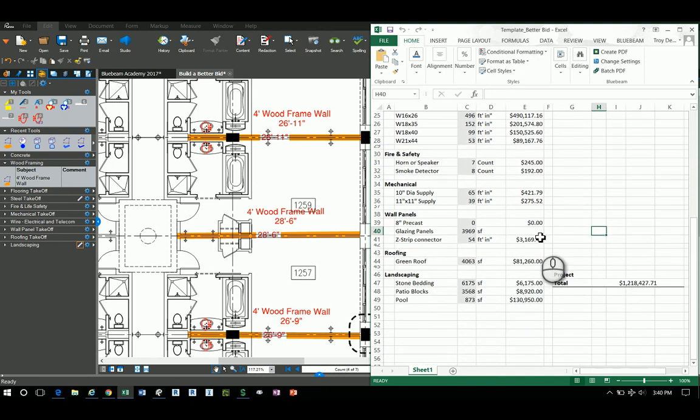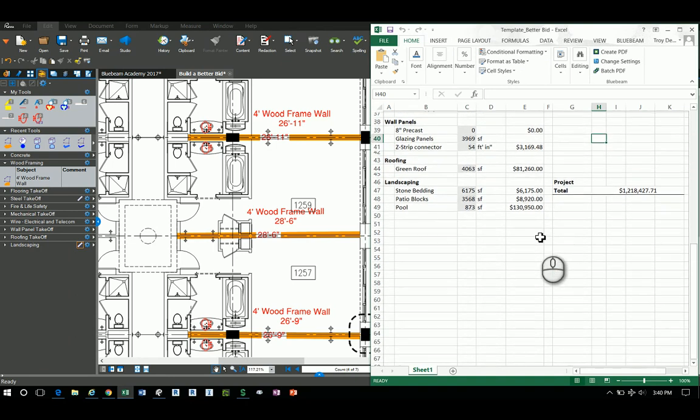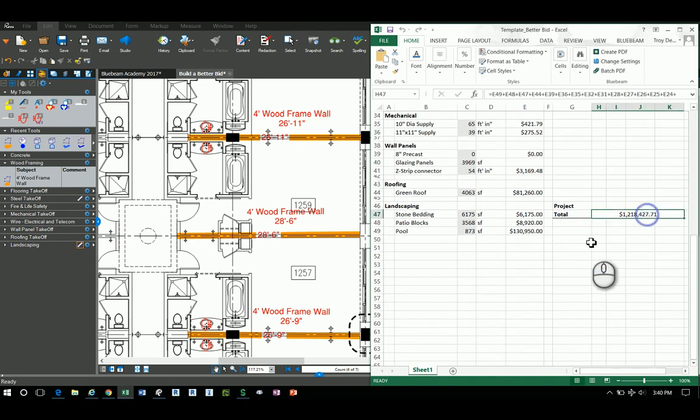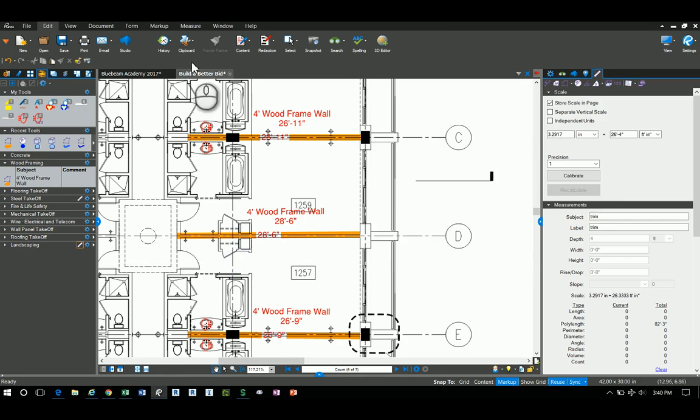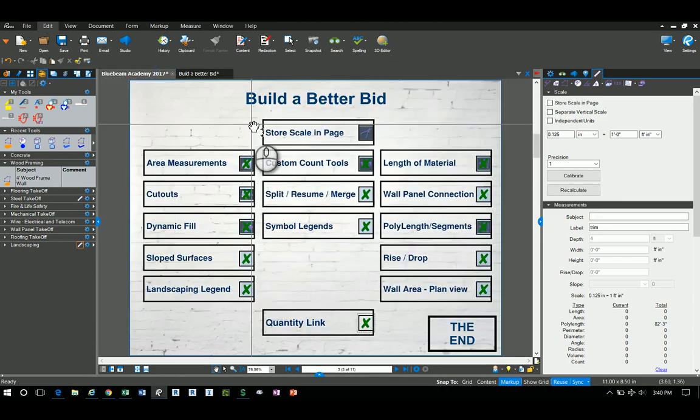So we went through, we checked all the boxes here, and now we can see we came up with a bid. It added our numbers, all of our markups, and came up with 1.2 million for our building estimate. Let's jump back over here. I think we finished everything on our checklist, so I'm going to click